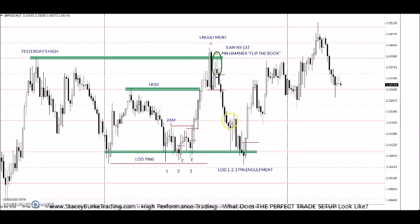And then of course, we see pins at the bottom, but that's one pattern, one candle. We see the market pull off, and then traders who have gone long here, again, the market hits them again, 1, 2, 3 to the bottom, and engulfment. So again, that 1, 2, 3 pattern, 1, 2, 3 for the reversal. Pay attention whenever you see 1, 2, 3, the market is preparing to either reverse, stop hunt, or do a measured move. So again, timings, high of the day, low of the day, pin hammers, engulfments,